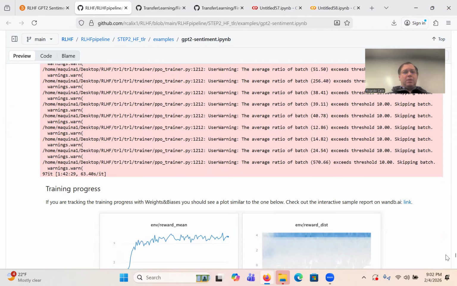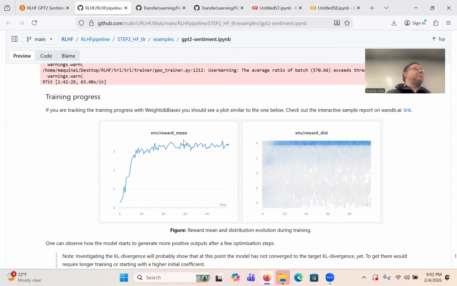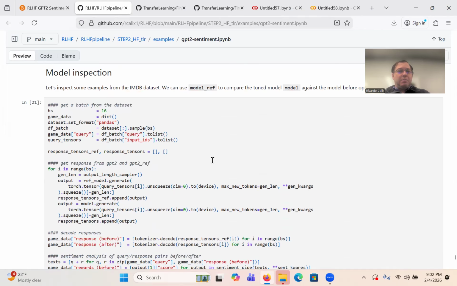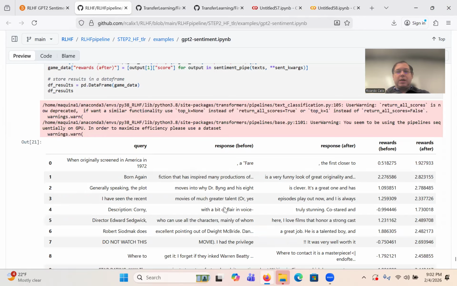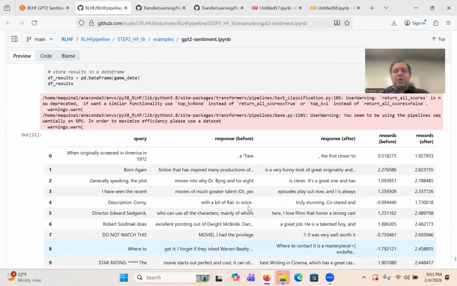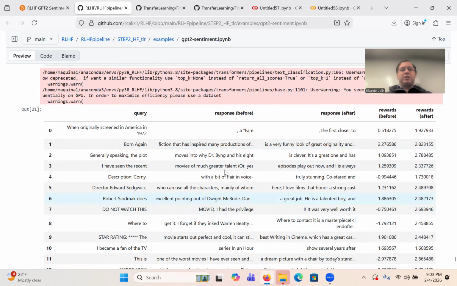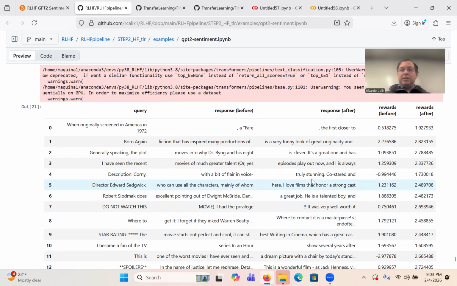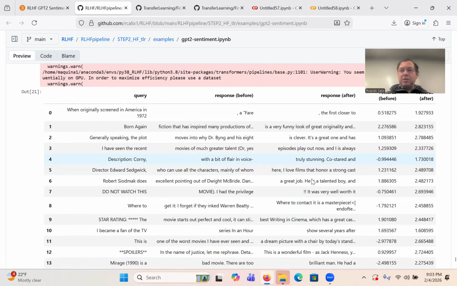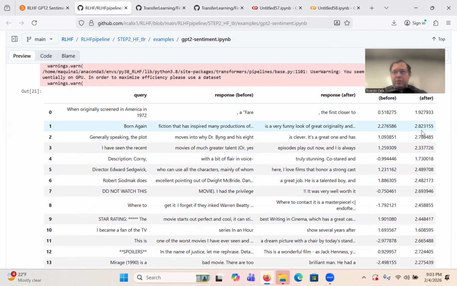This is if you use Weights and Biases, it gives you these nice charts and stuff, but they also want you to post this to their social media sites like a company. So I don't want to be sending things somewhere. And then the model inspection, this is the same code that you guys saw before, the same screenshot, right? So there's a query that goes in, two responses before and after with the reference model, and with the after modification, you can see the scores are printed here.